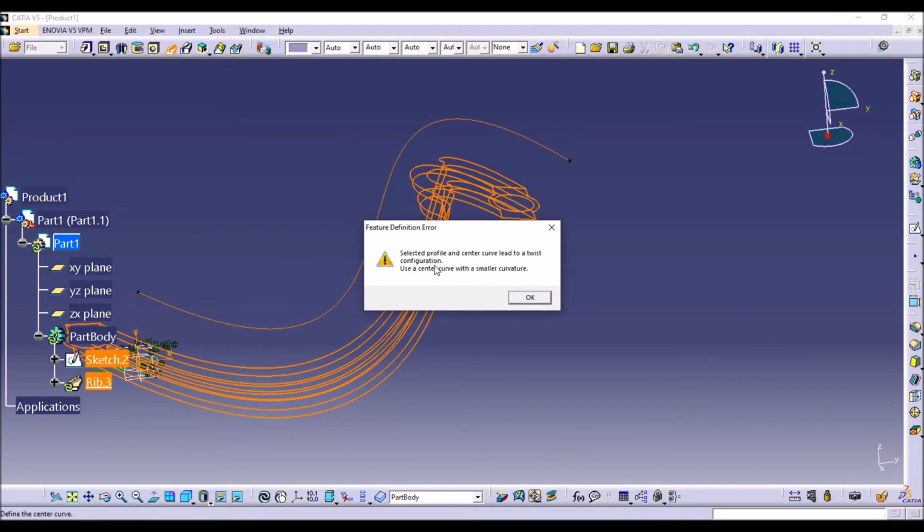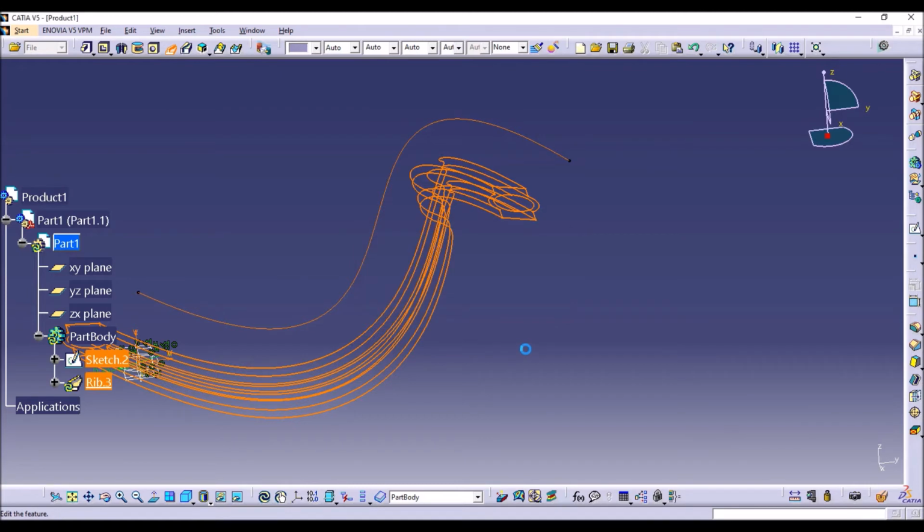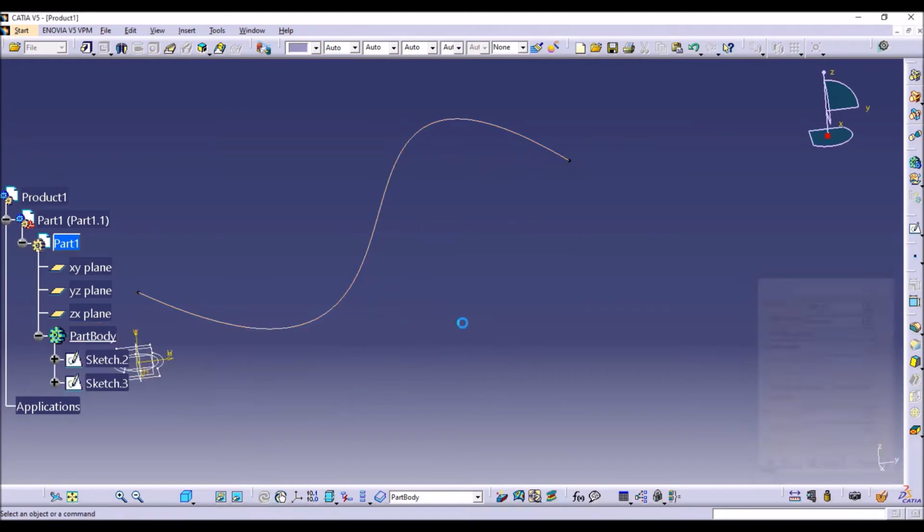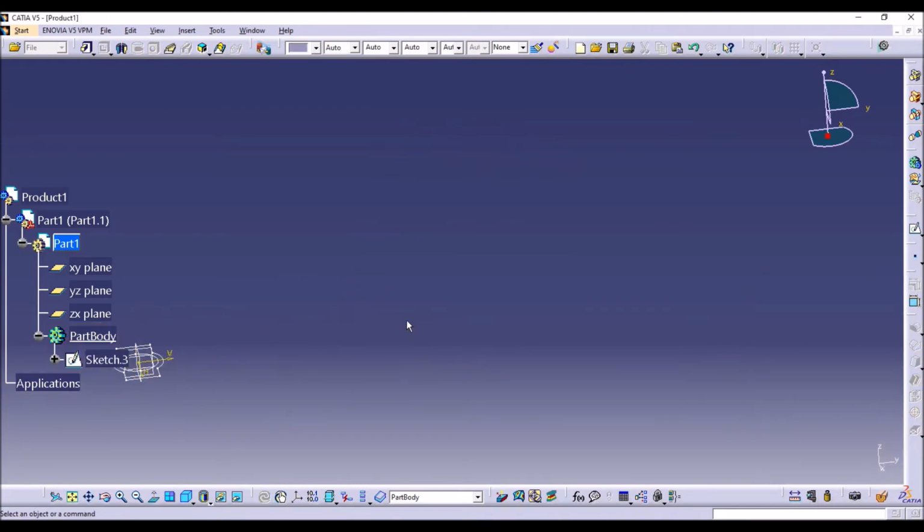See, it is saying the selected profile and center curve lead to twist configuration. Use a center curve with a smaller curvature. So if you are using the center curve and the profile at different distances, you need to give a smaller curvature so that the profile is formed. For that I am deleting the sketch.